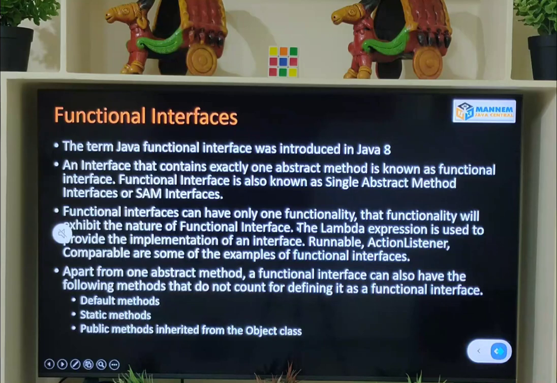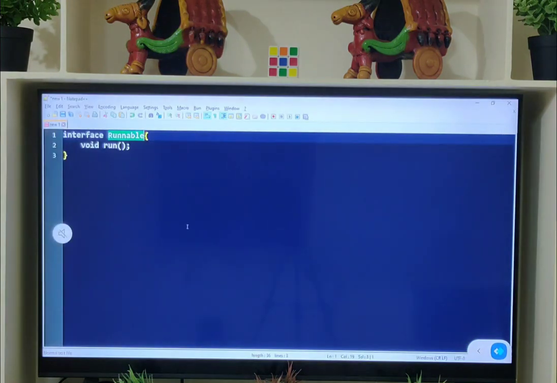And the next point is that the lambda expression is used to provide the implementation of that interface. So see, for normal interfaces, who is going to provide the implementation? Implementation classes. The class which is going to provide the implementation for that interface needs to provide implementations for the methods which are present in that interface.